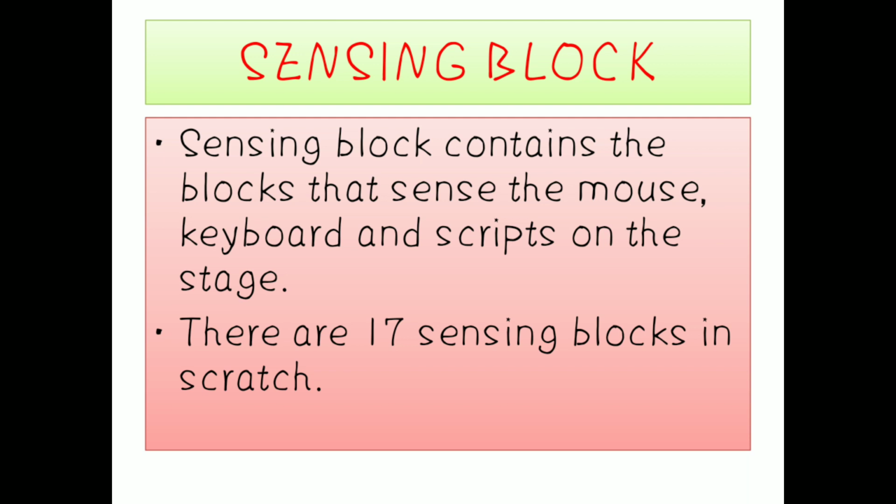Okay? Remember, children, there are 17 looks blocks. Basically, the looks block is used for the appearance of the sprites and stages. And there are 11 pen blocks. Pen is a writing instrument; basically, the pen block is used for changing the color and size. Next, the sensing block. There are 17 sensing blocks. Sensing means nothing but giving the input using the mouse and keyboard. That means we are writing the code now to animate using the Scratch window. Okay, children? Next,